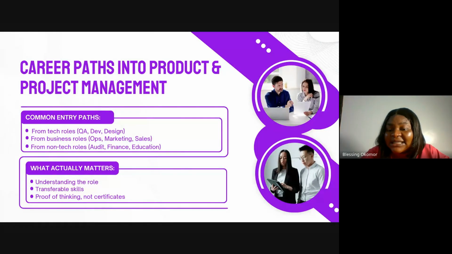If you are already in the tech space, let's say you are a QA, you are a developer, either backend or front end, you are a designer, you can break into product management. And thank God you already have a part you are good at. And in product management, there are different ways you can niche down. As a QA, you can niche down as a QA product manager. An engineer can niche down as a technical product manager. A designer can niche down as a UI/UX product manager, right? So these are different paths you can come from.